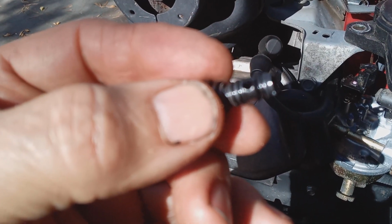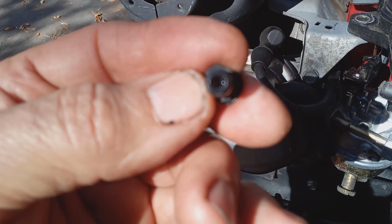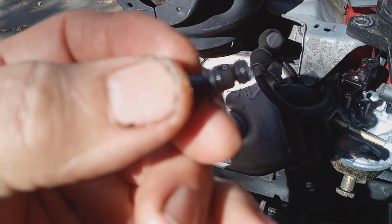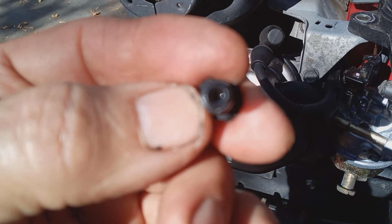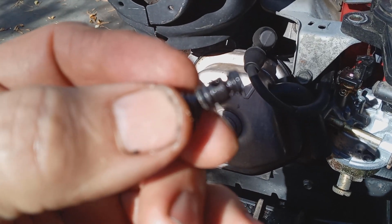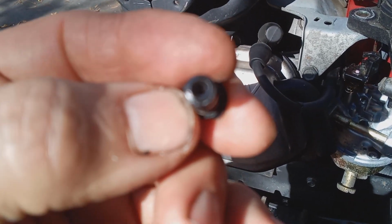Now, if it doesn't shoot out or it just dribbles, then you got to put something in that hole, clean it out. Like I have, what do you call it? Torch cleaners. I have these tiny wires that I can push in there, turn around and clean out this hole. You can find something else. Some people use mini drill bits. Some people will even use a tie from a loaf of bread. They'll take the plastic off the metal part there and they stick that in there and push it in there